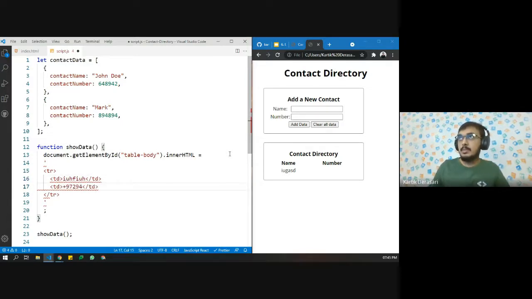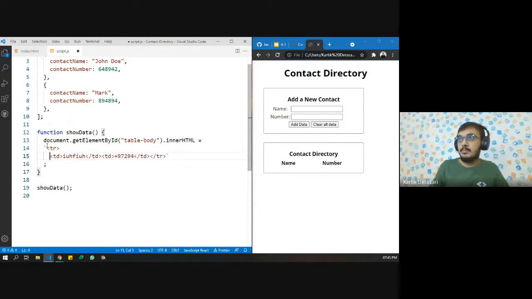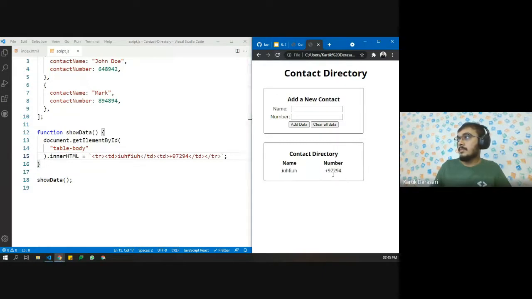Here we have some number. Let's see if this runs. Oops. Okay. Let's structure it this way. Let's use the bracket symbol. Okay. See, now it is working perfectly.